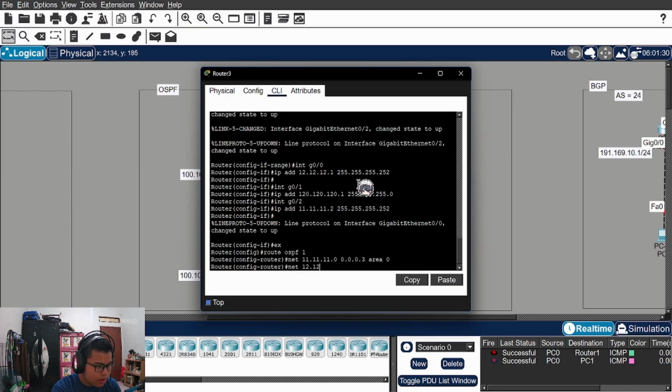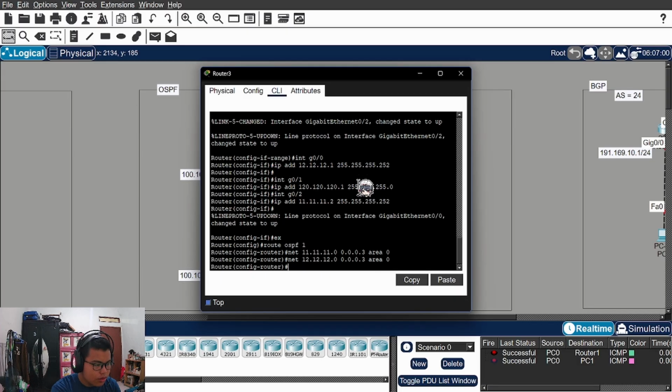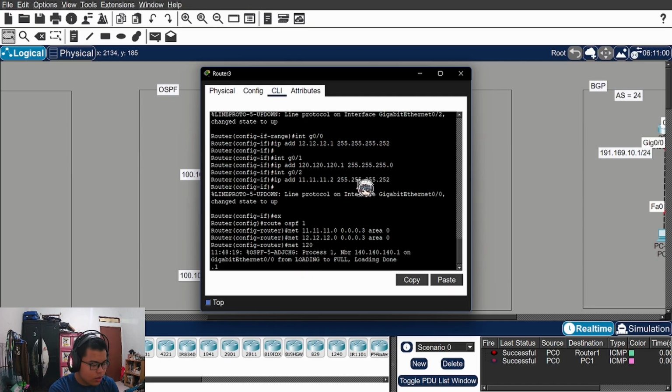Network 12.12.12.0 0.0.0.3 area 0. And then this one, network 120.8. Okay, so as you can see, from loading to full, loading down,